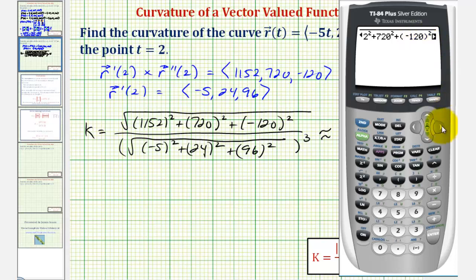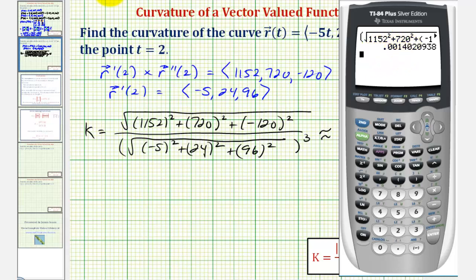So that's our numerator. So I'll press right arrow, close parenthesis, divided by our denominator. So we'll have another open parenthesis, and then the square root of, in parentheses, -5 squared plus 24 squared plus 96 squared. Right arrow, close the parentheses here, and then raise this to the third power. So caret 3 and enter. So to 4 decimal places, the curvature is approximately